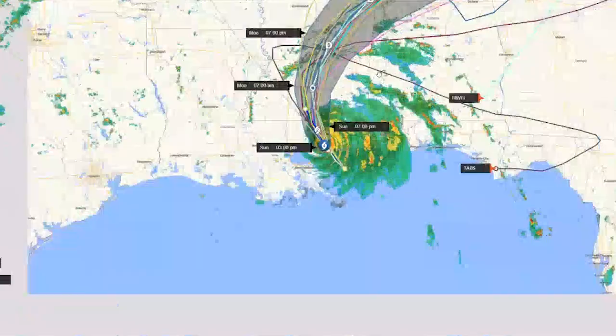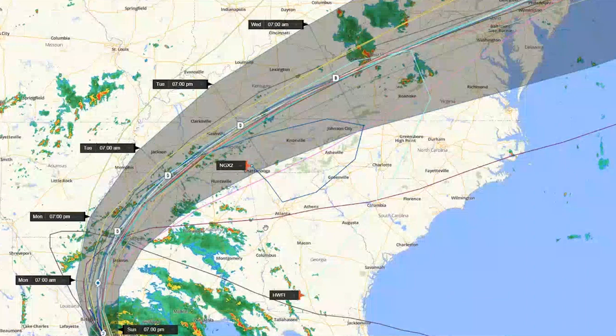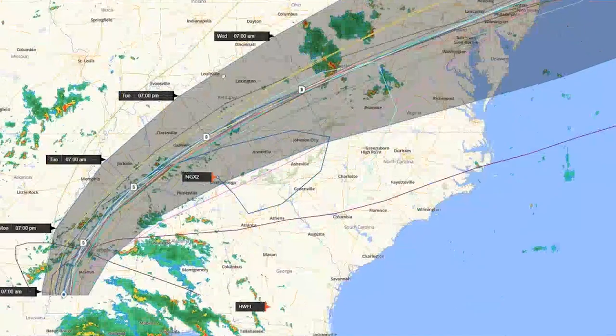Potentially, the storm could remain a tropical depression pretty much throughout its entirety through the continental U.S. as it moves through. Looking at some of those forecasted threats,